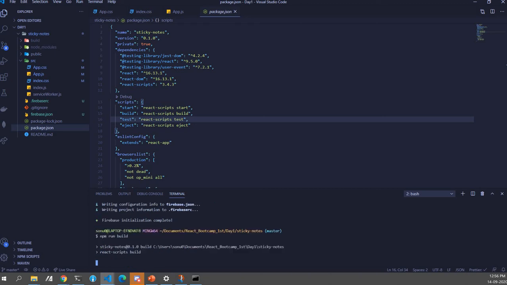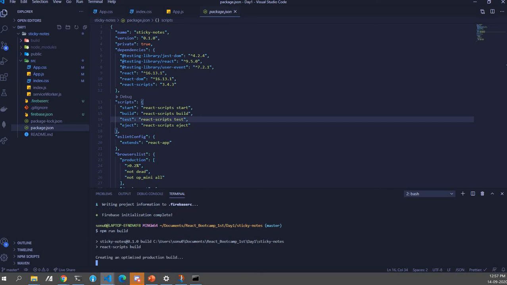It will create a build folder for you. This build folder now will have contents in it, like the logo and manifest.json.